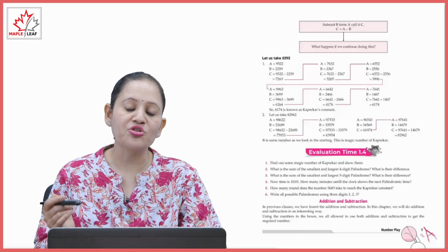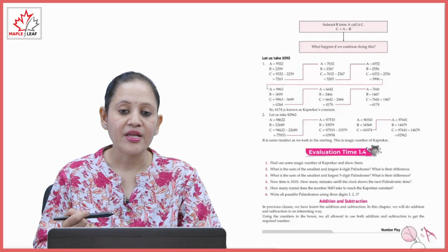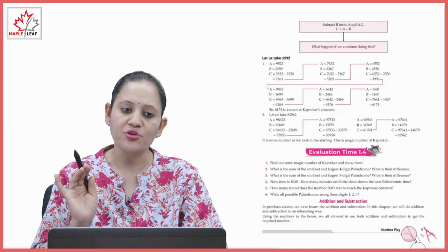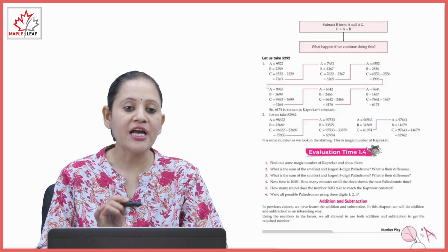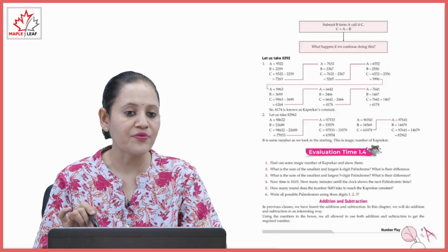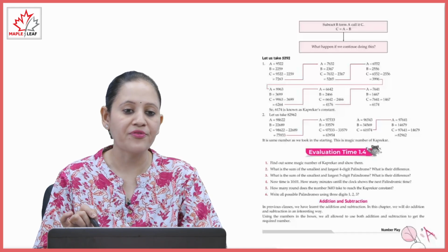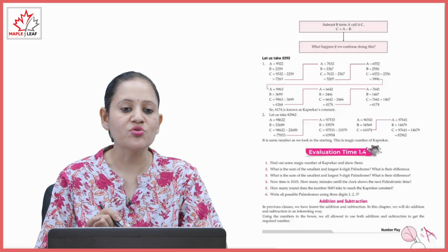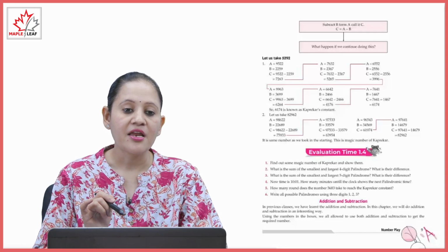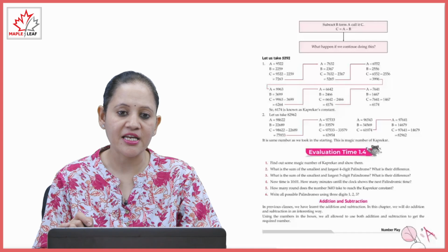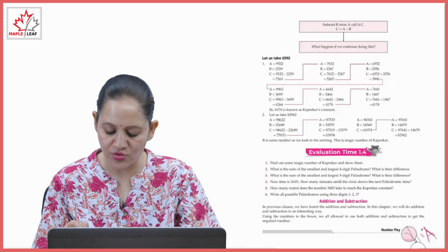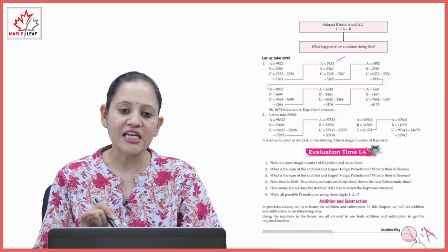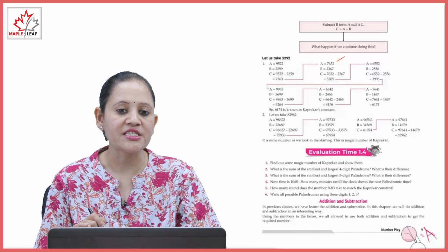What happens if we continue doing this? If we keep doing this, what will happen? We will get the original number. Let us take 5292. Now the largest number from this will be 9522 and the smallest number is 2259. Now C is A minus B, so that is equal to 7263. Now from this we again make the largest number, that is 7632, and the smallest number 2367. We find their difference, that is 5265.